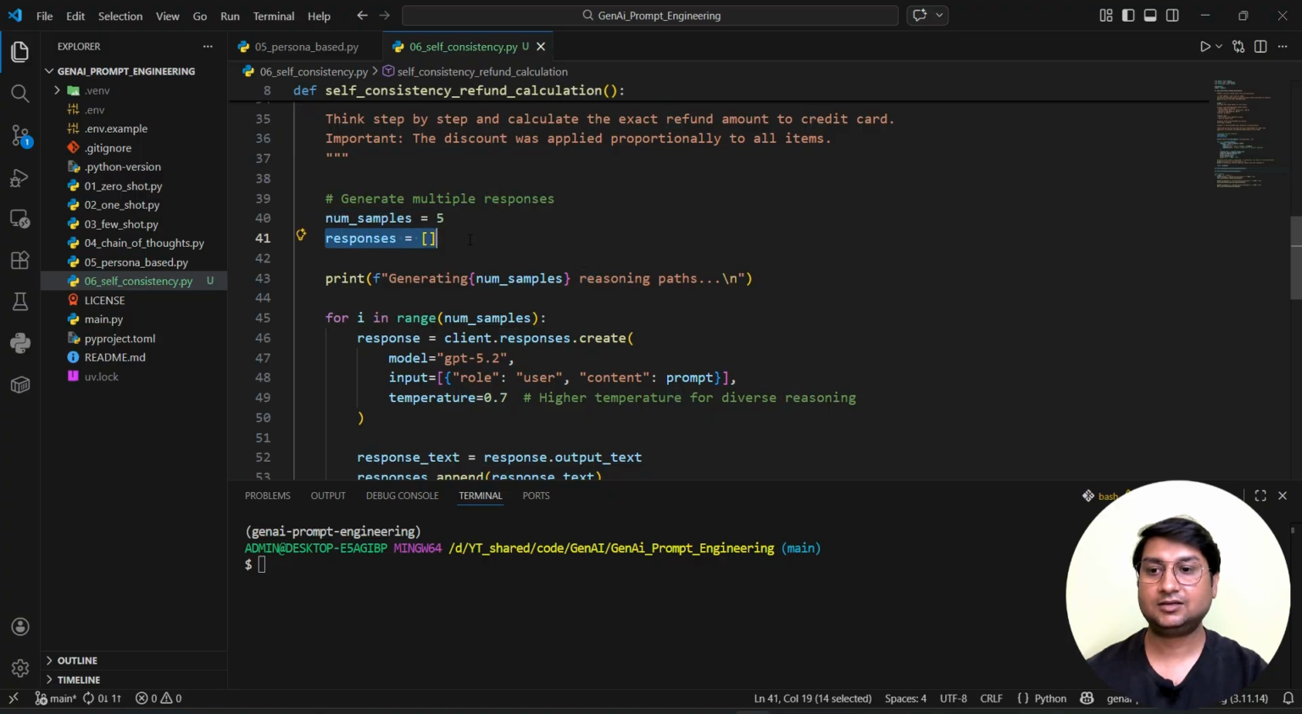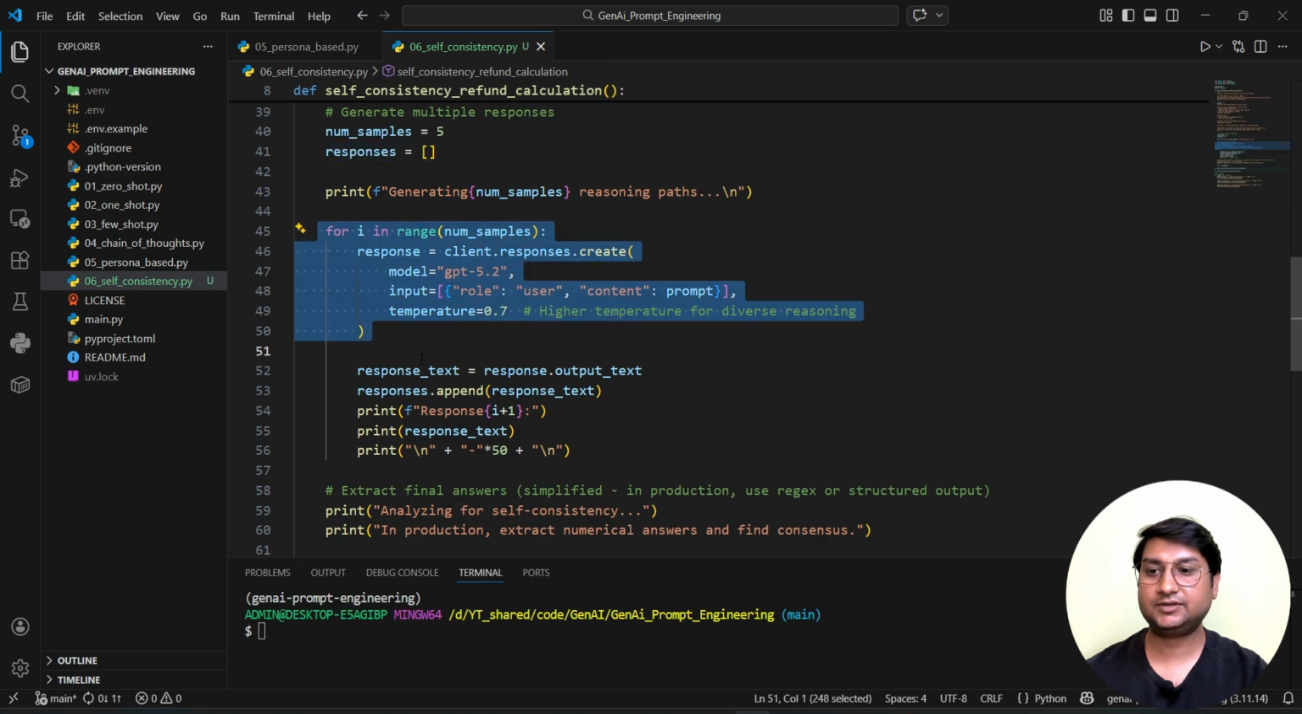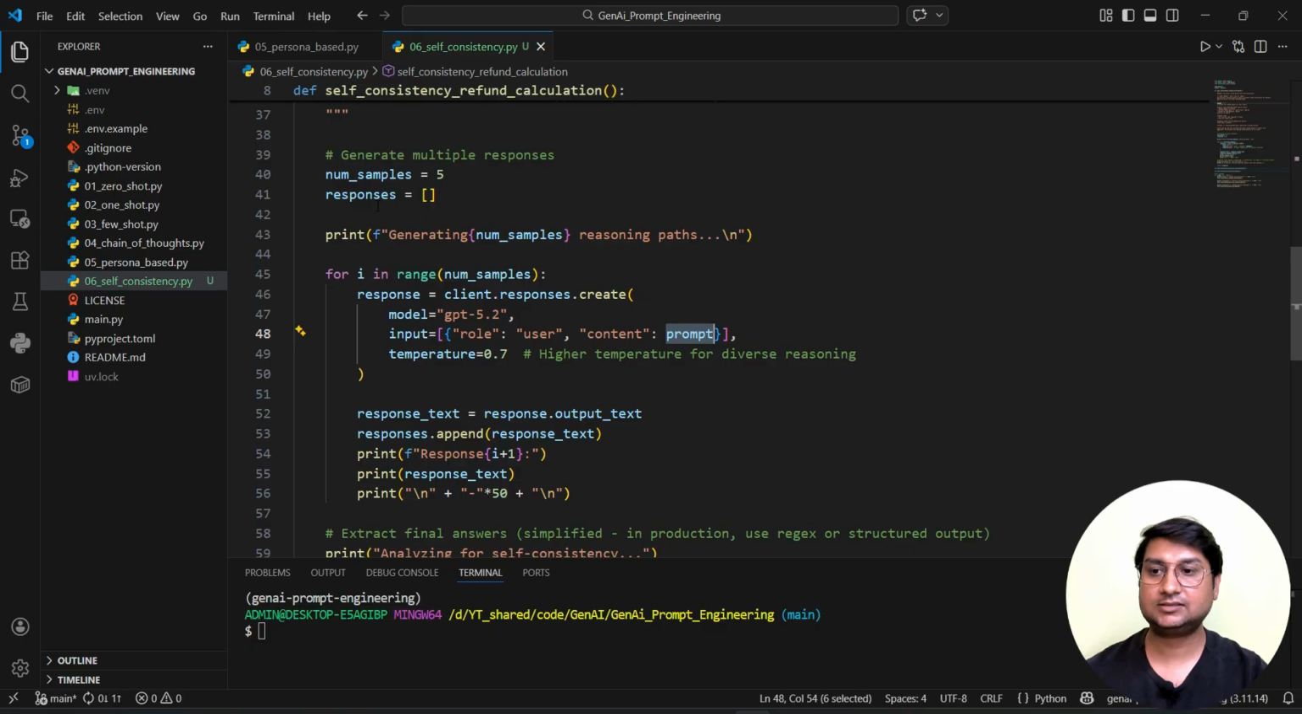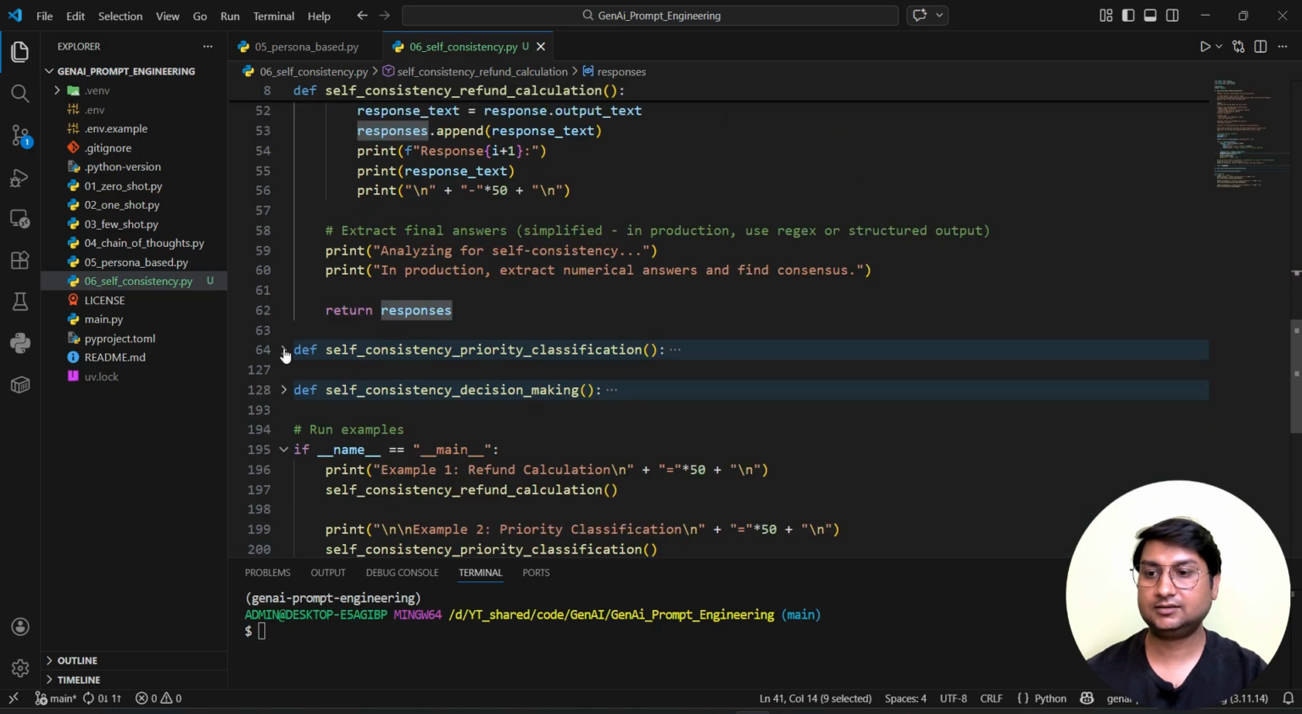We will accumulate the responses in an array, and this is the iterator. We are using the same SDK and we'll generate it 5 times. We'll give the prompt, append all the responses, and then see what kind of output it is selecting based on the iterations. And in the next one,